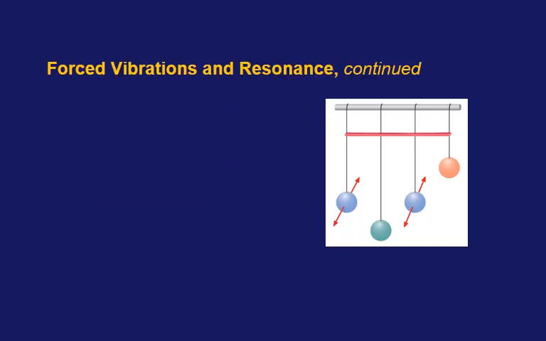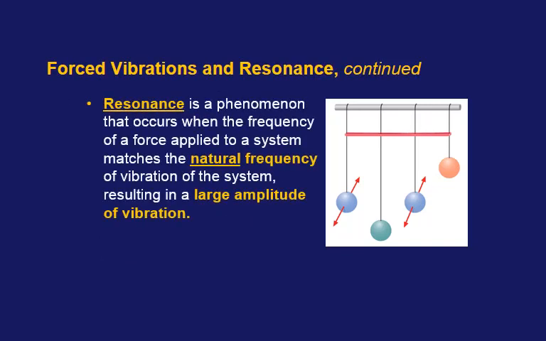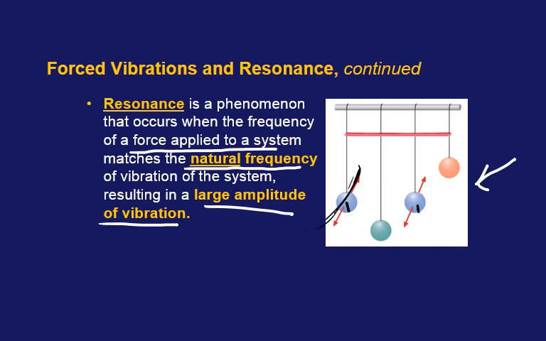with greater and greater amplitudes. And so resonance is where you're pushing something, you're forcing something at its natural frequency, and the amplitudes get very big. In this picture, the natural frequency of this one and this one are the same. So if this one is moving back and forth, let's say you push it and it's moving back and forth, it's going to be pushing this rubber band, which is going to make this one start to go back and forth at a large amplitude. The other ones are not going to do a whole lot because